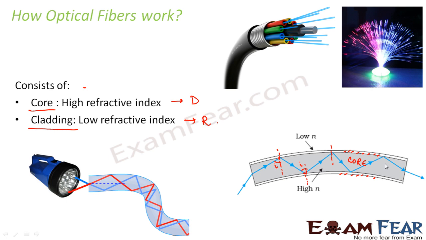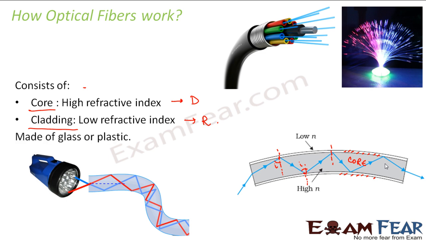The only trick which they have used is that they have designed the interior of the optical fiber in such a way that they have a denser medium and a rarer medium, and they made the light ray travel from the denser medium towards the rarer medium, and they have set the angle of incidence greater than the critical angle. Right? So in this way we see that the light ray travels throughout the wire and the information gets carried over.